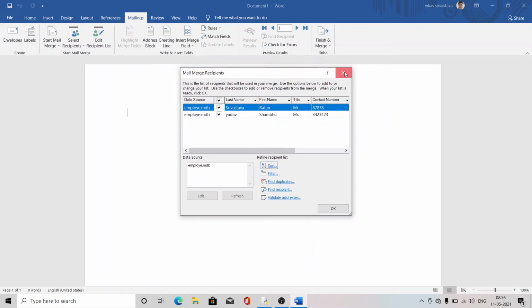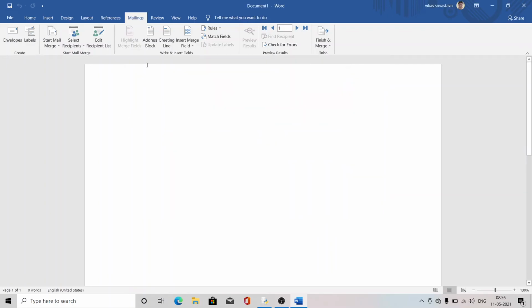Now it is updated. Like that, if you have a company, you can create a list of all managers, all clerks, all the fourth class employees, a list for everyone. And now here write simple letters and you may send the letters. So today only that much. I hope you have understood how to edit the recipient list. Tomorrow we will see how to send a mail and all these things.